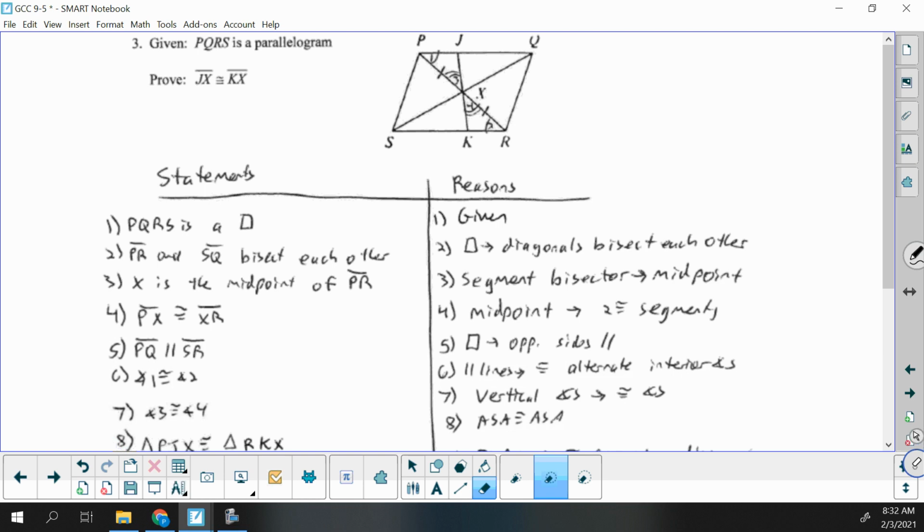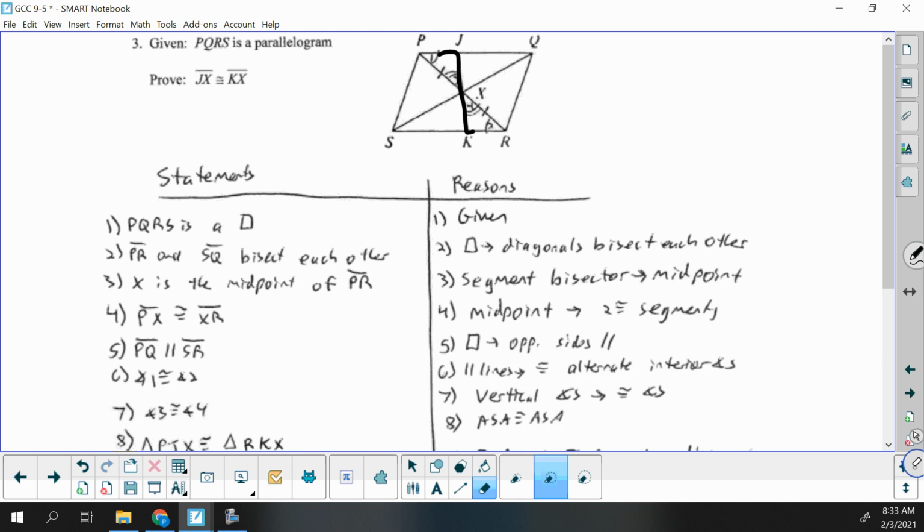So for my statements, that eventually led me to get PX and RX congruent. If you did it for the other triangle, that would eventually let you get SX and QX congruent. From there, we want to do parallelogram implies opposite sides parallel. Now, I only did one set of alternate interior angles congruent in my next step, 1 and 2. You could have done your zigzag going this way also and just got another set of congruent alternate interior angles, but for some reason I didn't do that when I wrote this proof out, so I did a vertical angles